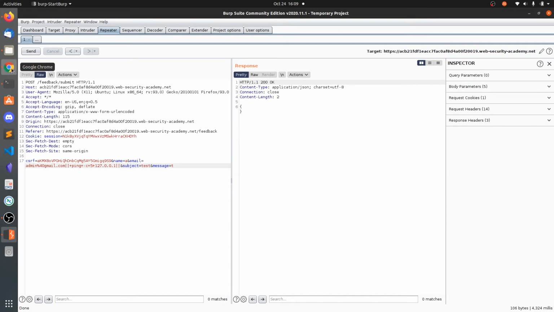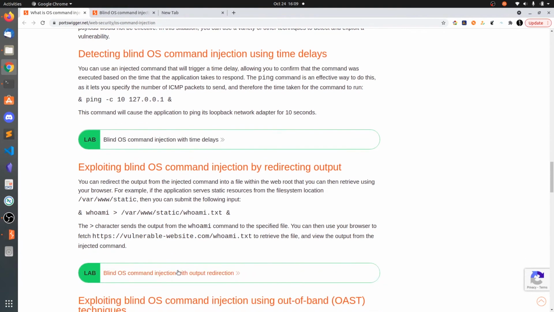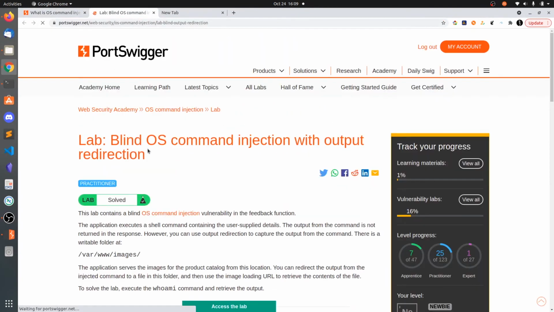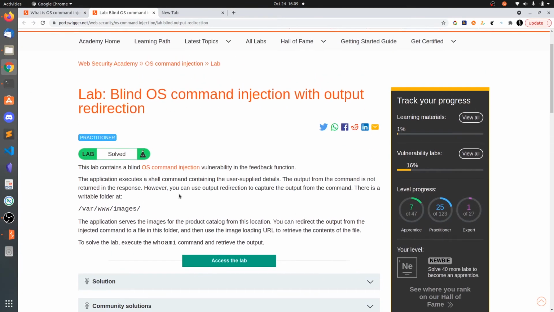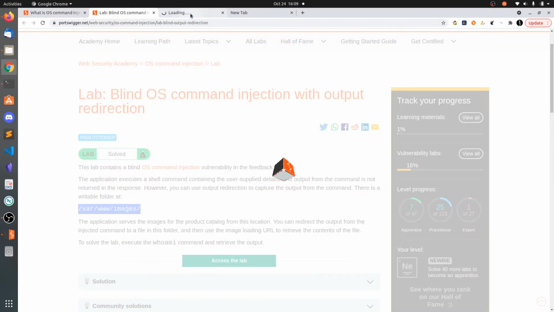So this is about the time delays, and let's also do redirecting output. So in this we need to redirect the, okay, you need to create some text file in this /var/www/images. So let's access the lab.